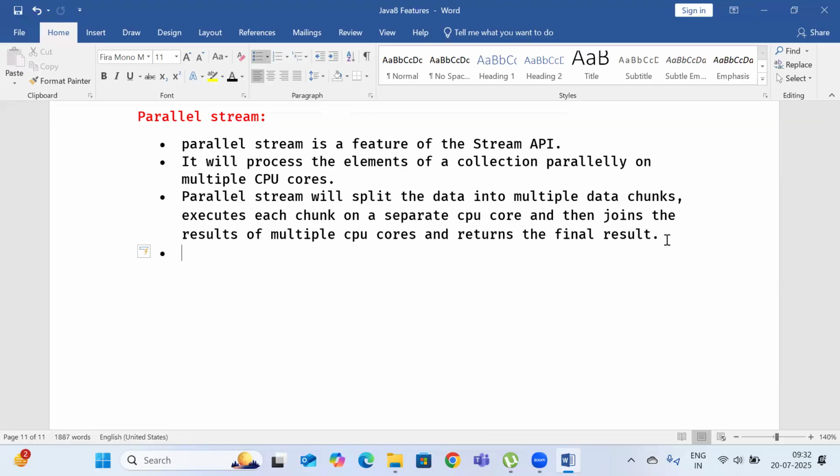So we need to call the parallelStream method on a collection object. Instead of the stream method, we just use parallelStream. So we have sequential stream and parallel stream. If you call the stream method, it is called sequential stream. If you call the parallelStream method, it is called parallel stream. Sequential stream will perform the operation on one CPU core, but parallel stream will perform operations on multiple CPU cores